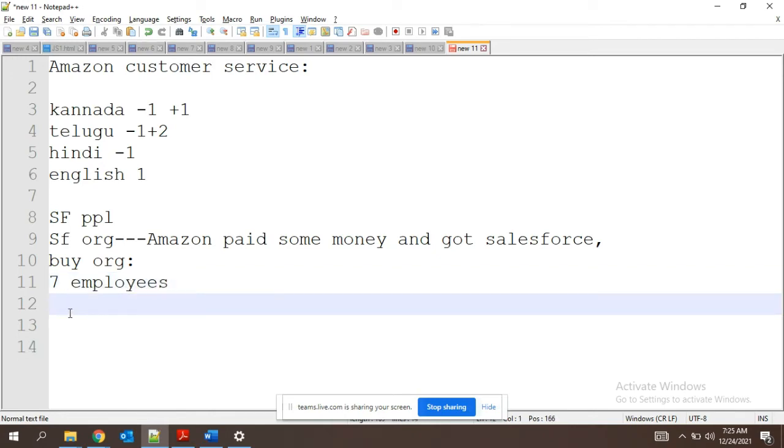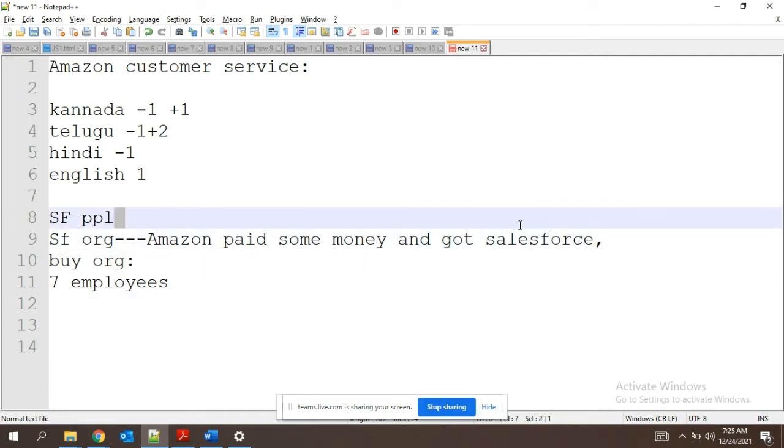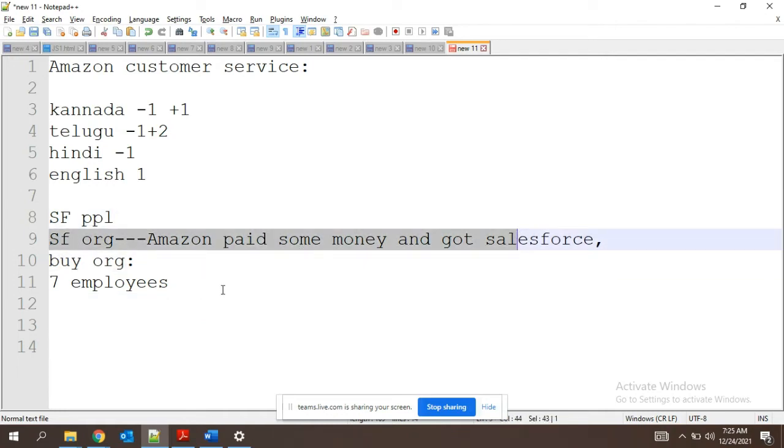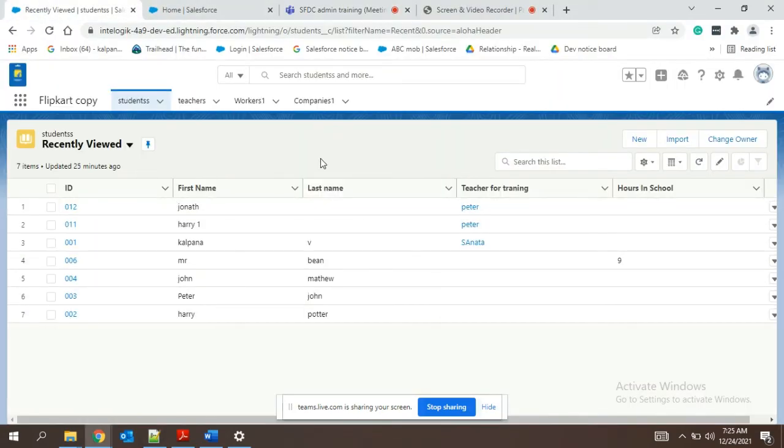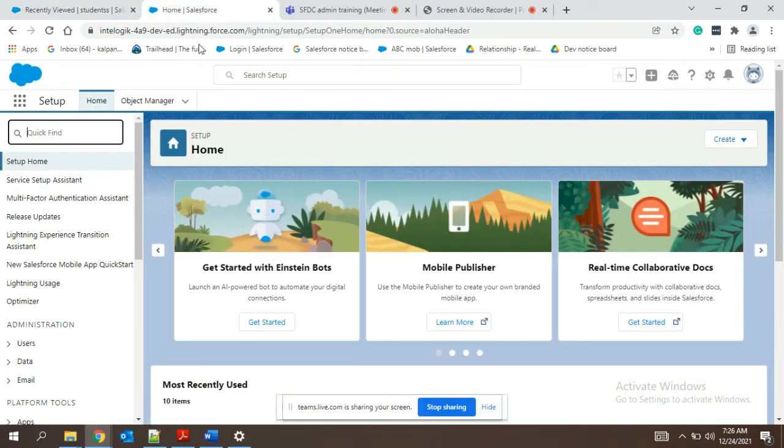Whenever you create a Salesforce org, you get one user added by default. When we created this developer.salesforce.com account, we got one user, which was our user, because we gave our email ID and that got saved. I'll show you that.